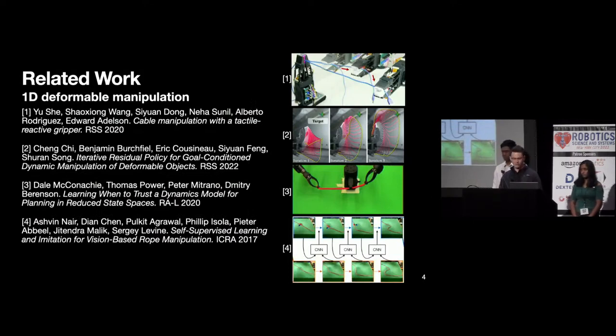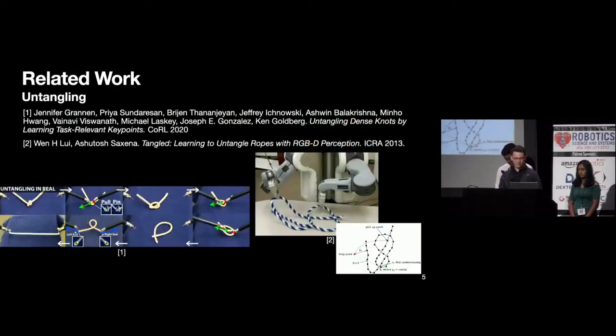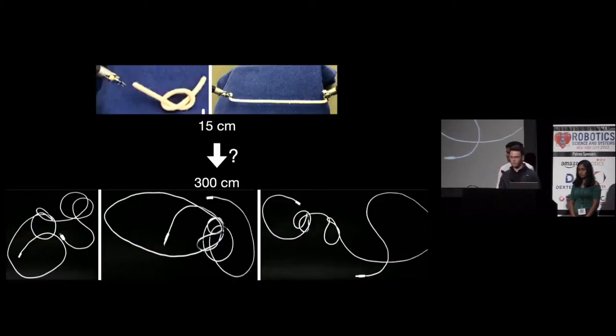There's lots of great related work on 1D deformable object manipulation, including exploring dynamic actions for efficient manipulation, leveraging approximate models during planning, or learning visual dynamics models from experience. In addition, there's lots of work on untangling, for example, using key points to predict grasp points, or using analytical state estimation to produce viable actions. The focus of this work is really pushing the limits of how long the cables we can handle are, asking the question of whether we can use cables that are realistic in household settings, up to 3 meters in length.